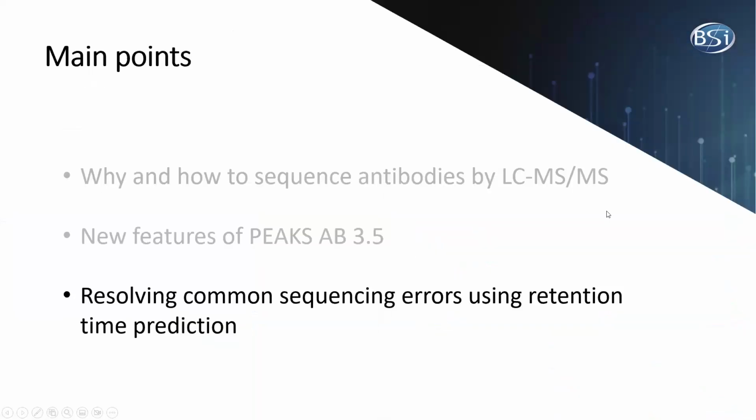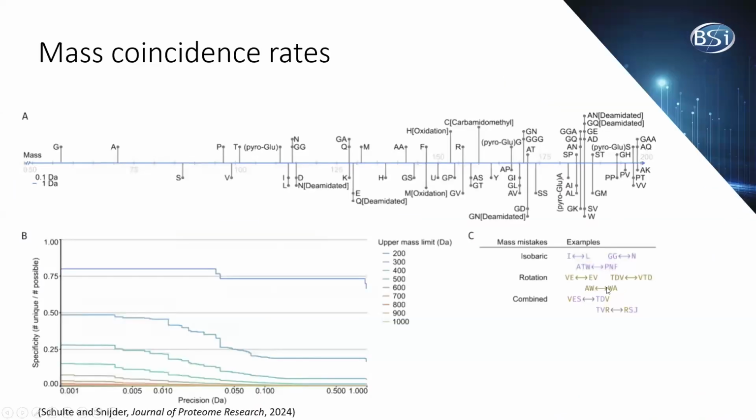Okay, and the last main point I want to discuss is retention time prediction and how we're using it to resolve common sequencing errors. So here's a figure that's taken from a recent publication in the Journal of Proteome Research, and it's showing mass coincidence rates. So basically, when considering a particular mass limit, you can have a number of different amino acid combinations or modifications assigned to the same mass